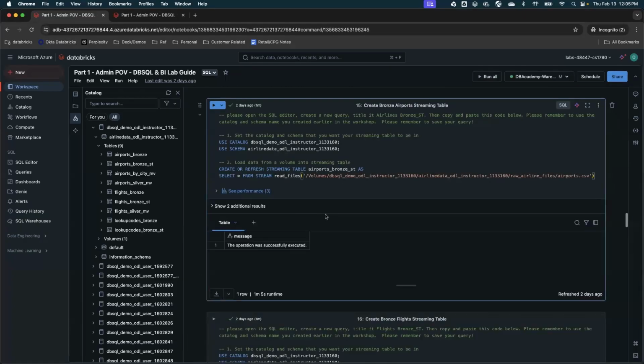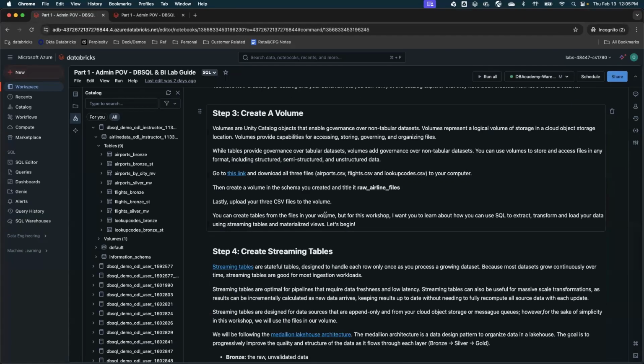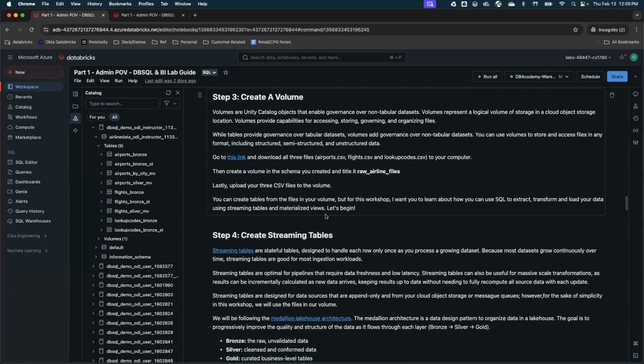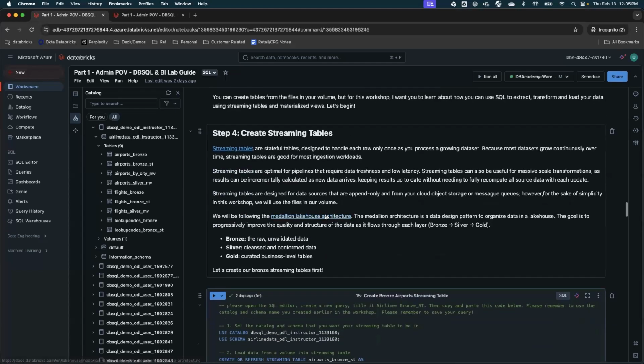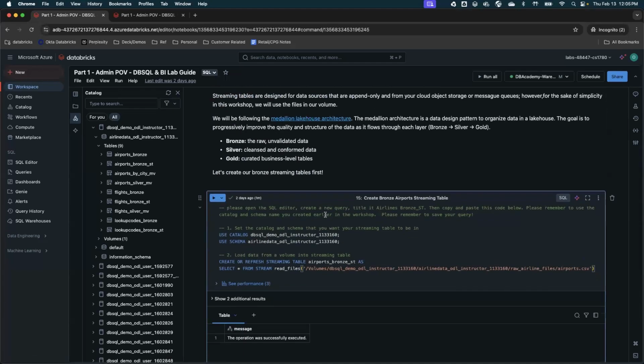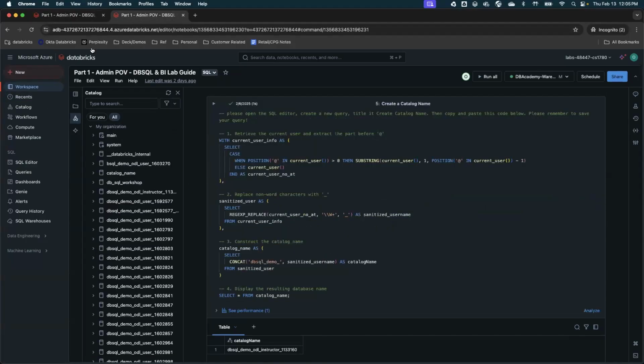Now for people who have not yet uploaded any file into volumes, let me go over how you can upload a file into volume. What you do is you will go to catalog. Once you go, you'll identify what is your catalog. You will go to your schema.